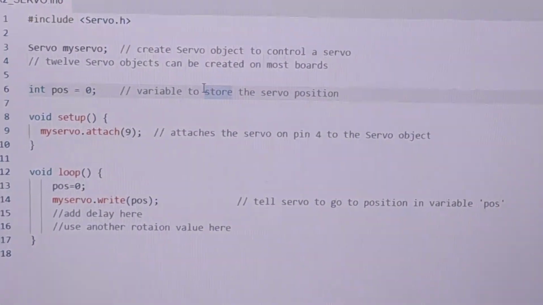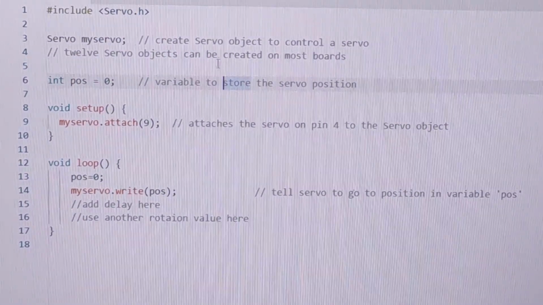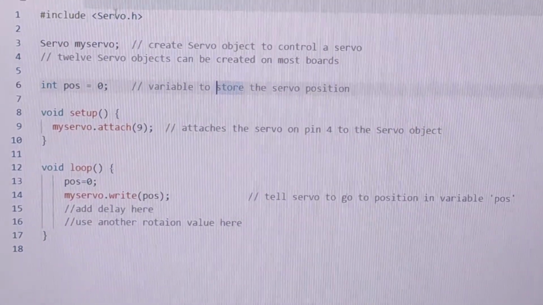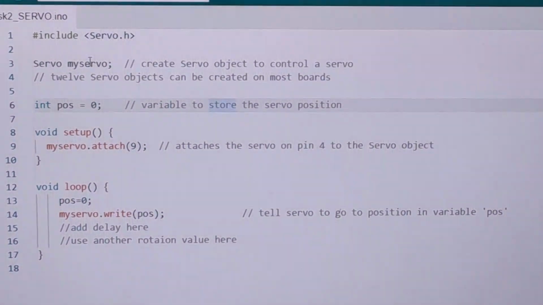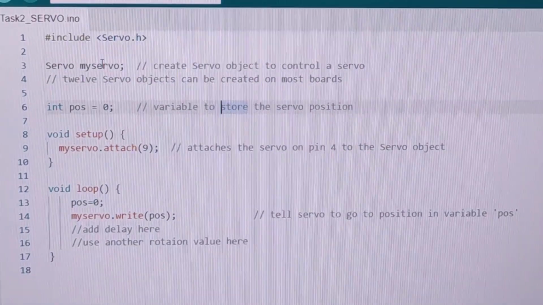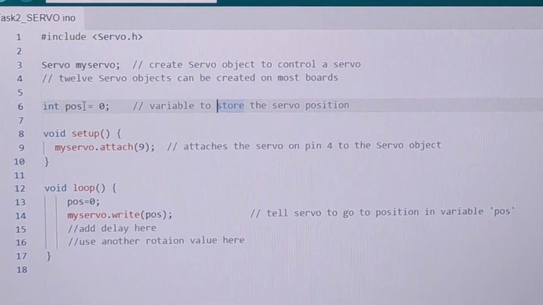You can see that in line number 13, it is also calling the servo.h. Create a servo object to control a servo motor. It includes the built-in program of servo.h, which was the previous one.